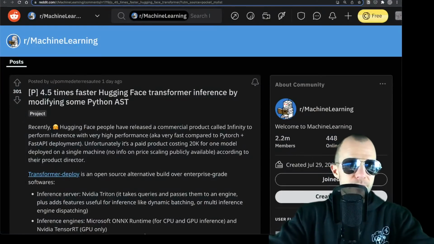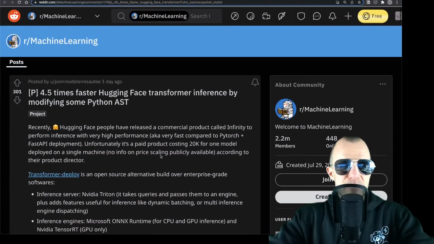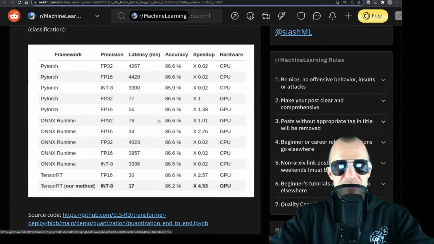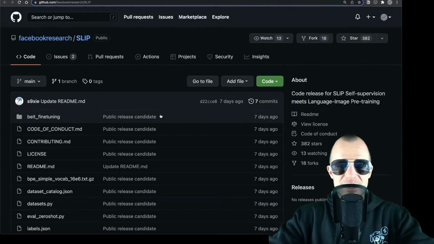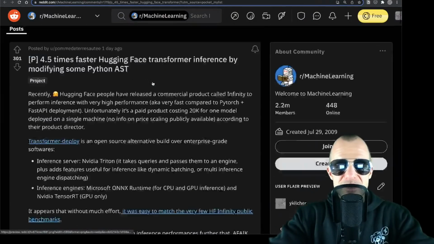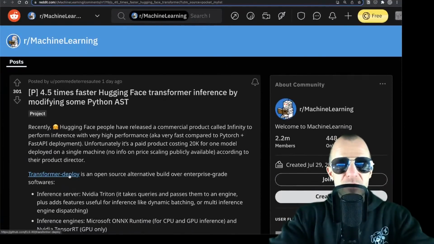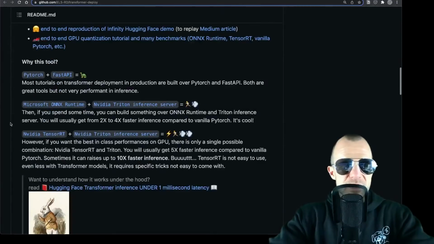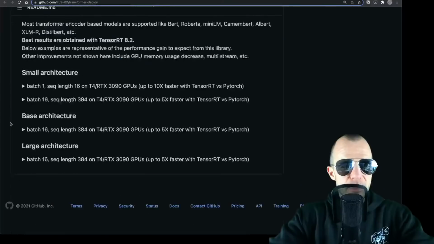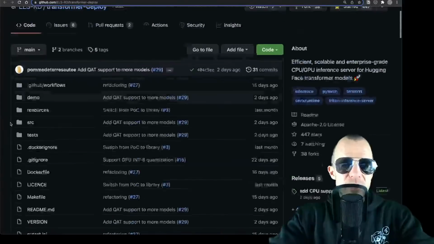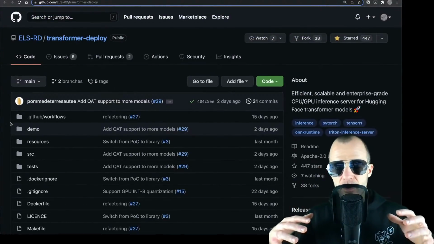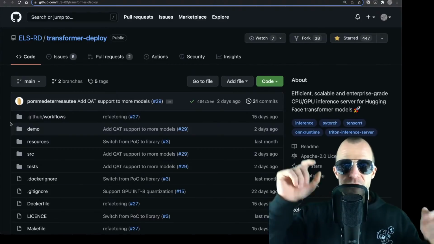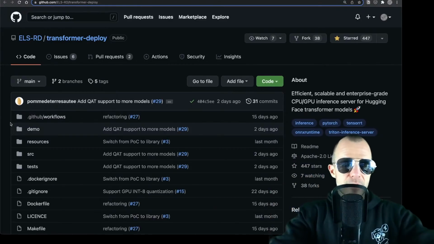There is this Reddit post, and it's about a repository that makes the rounds every few weeks on Reddit, and people are always excited by it. It's the Transformers Deployer repository that makes Transformers inference faster. What it does is it parses your Python code. It builds the AST, the abstract syntax tree from it, and then it's able to go down the abstract syntax tree. And whenever you have something like a weight layer,